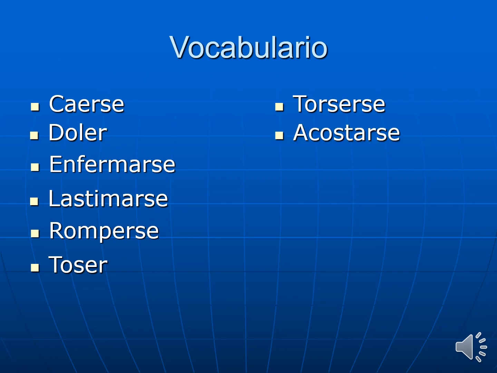Acostarse, to lie down. Poder is to be able to do something. Sufrir is to suffer, but in Spanish, in a medical term, we often use the word sufrir just to say that we had a sickness, sufrí una enfermedad. We often use that word. Or we could just say, I was sick, estaba enfermo. So these are the